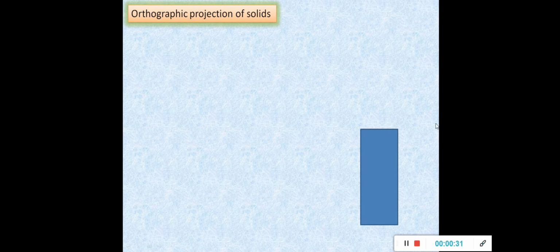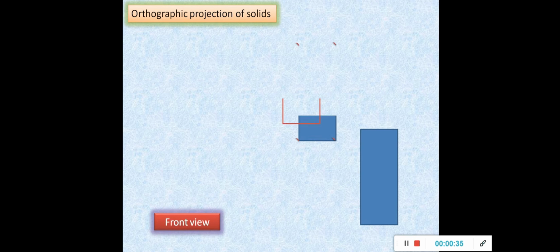To understand this, we need a solid here. In order to obtain the front view first, we'll take an object which is a square prism. A square prism has a top surface and a bottom surface, both squares. That is why it is called a square prism, and you have vertical edges. So you obtain four rectangular faces. Each corner has three edges. So basically it is corners and edges.